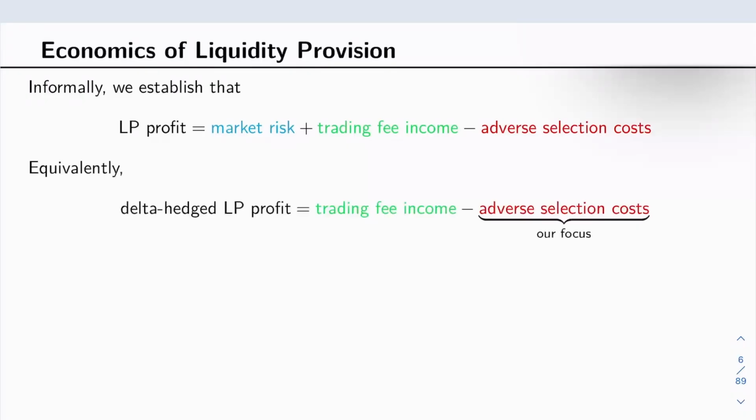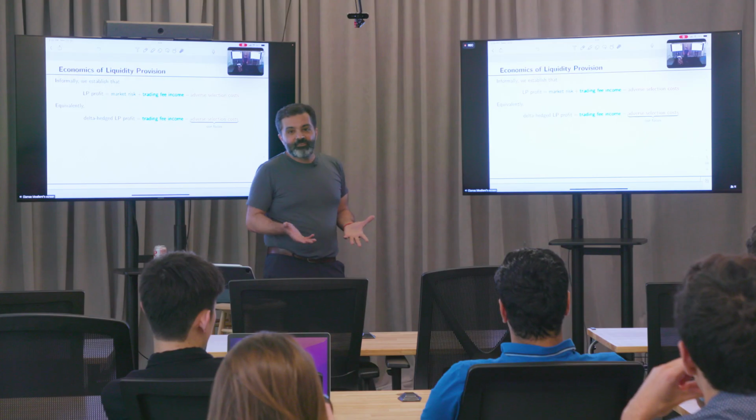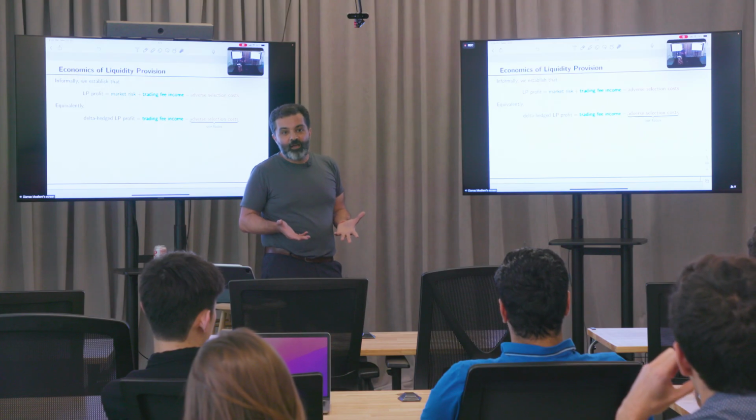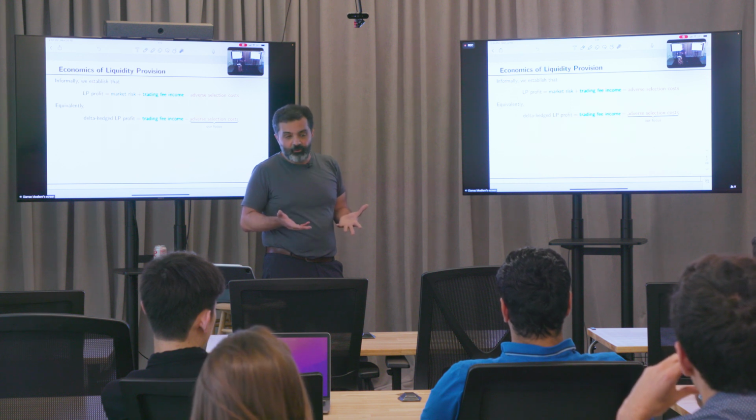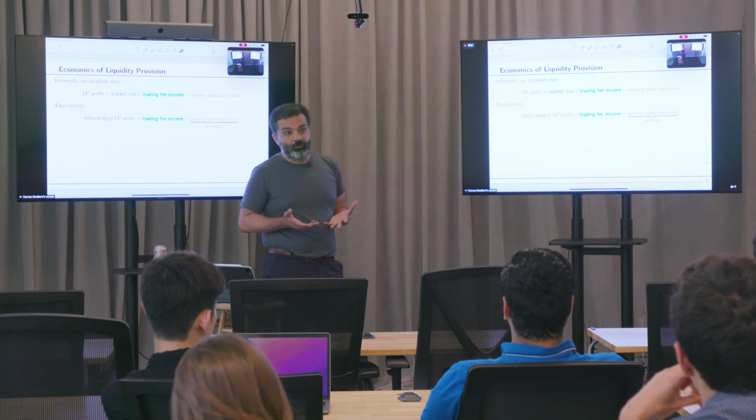And what we're going to end up with is, if you do what's called delta hedging in the options pricing language, right? Again, you hedge away this risk. The profit that you're left with is this trading fee income that we saw below. However, you have to charge yourself something called adverse selection, right? Adverse selection is a universal concept throughout market making, and basically the idea is some fraction of the time you're trading against people who have more or better information than you, and ex post you're going to regret those trades.